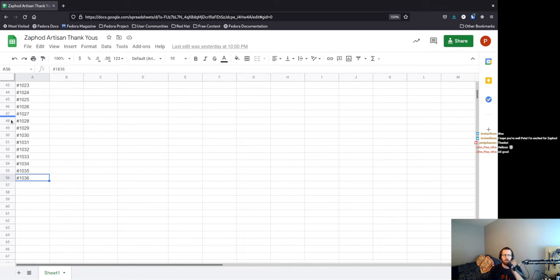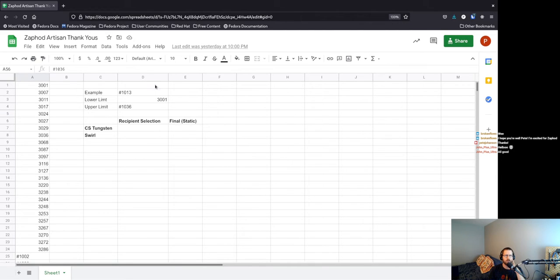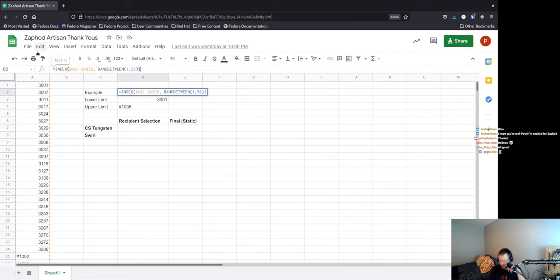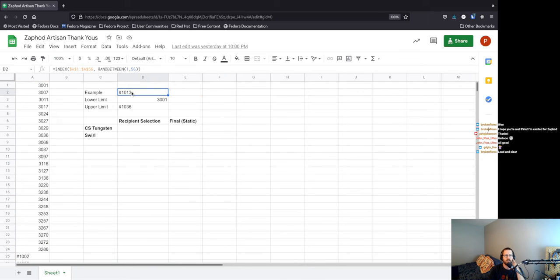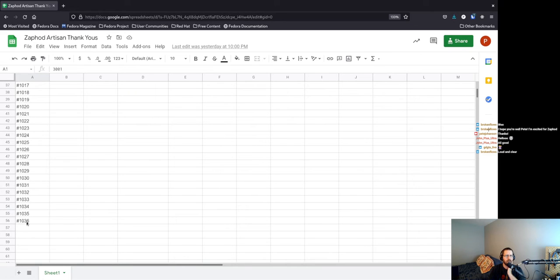So those are all of the orders. And then I've got, as I posted in the Discord, some fancy little Excel magic from days of doing Excel stuff. This index function will, if you give it a reference range of cells and a row number within those cells, give you the value of that cell. Here you can see I've got a sample random selection, which is picking a number between 1, that's my A1, and A56.